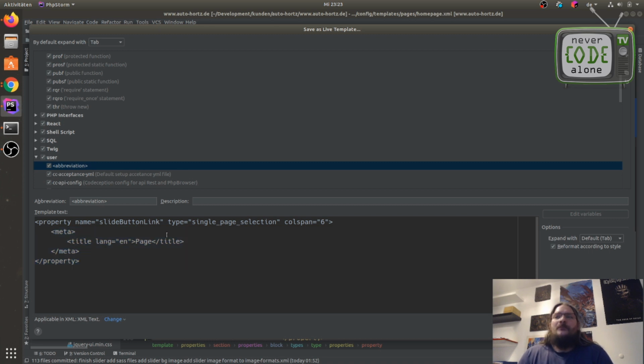Okay, I want to have this here as a variable, because this here is my key, and I also don't need this col span here. This is a special setting for my layout in my custom case, and I want to have a name which is shown for the user when he is logged in to the backend.